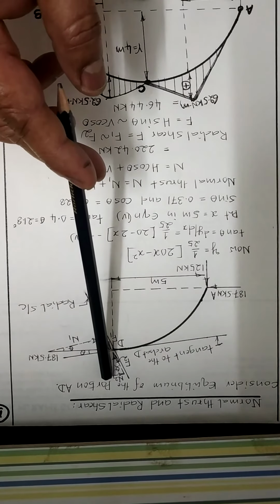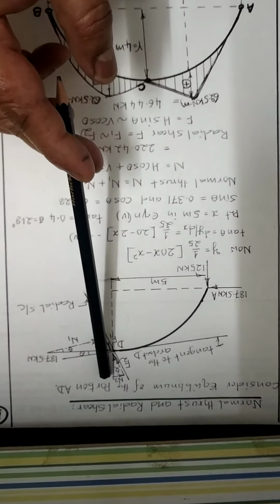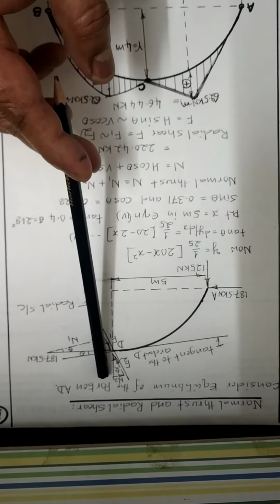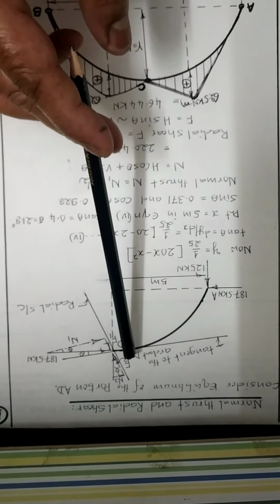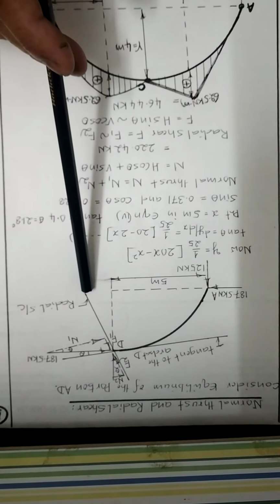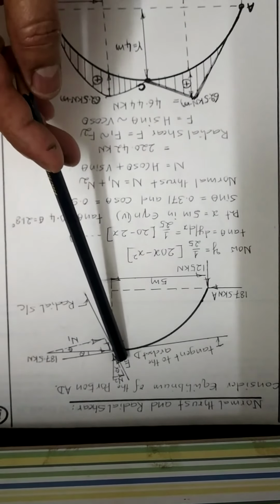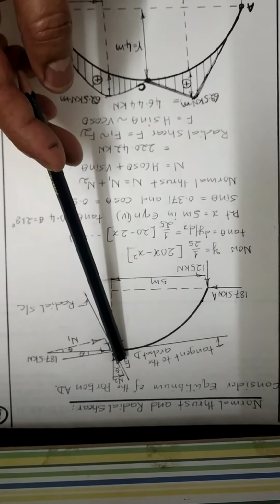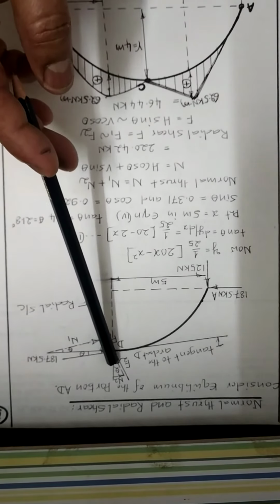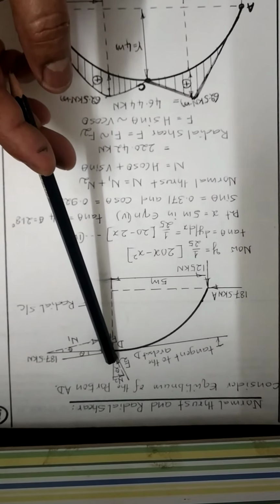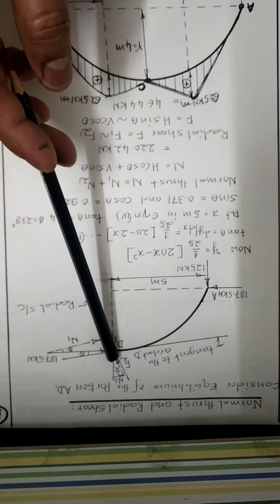Similarly, resolve this vertical component into two components, namely N2 and F2. N2 is parallel to the tangential direction, F2 is parallel to the radial section. These two forces N2 and F2 should be mutually perpendicular to each other. Here this inclination becomes theta. We mark this angle as theta on the basis of the condition that the angle between any two lines is always equal to the angle between their perpendiculars or their parallels.